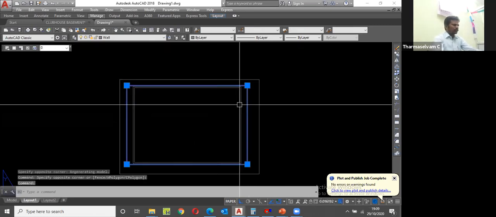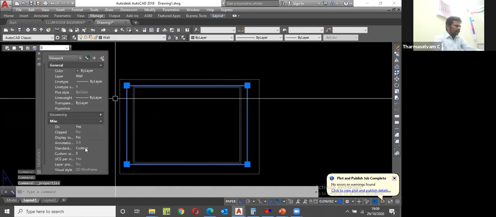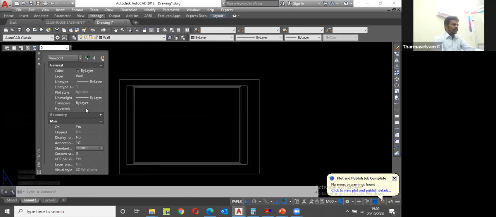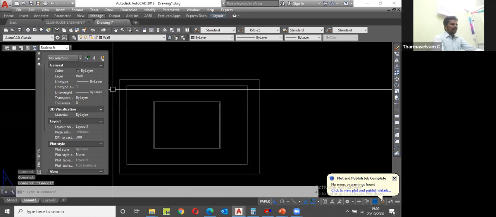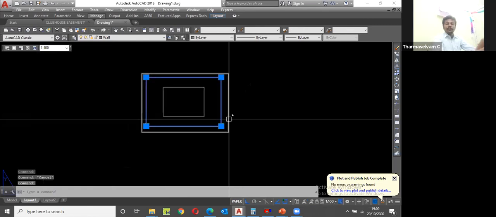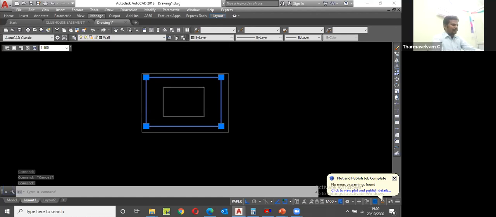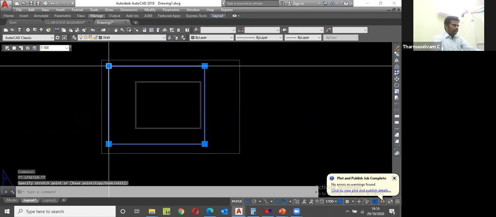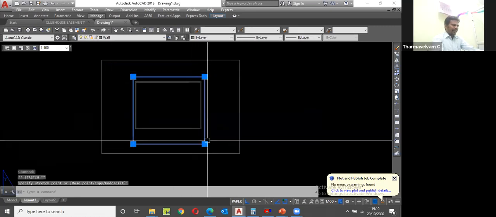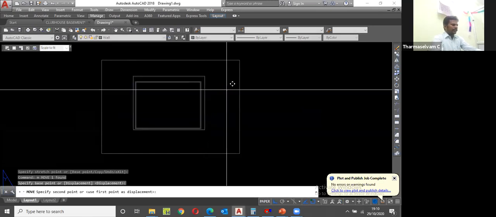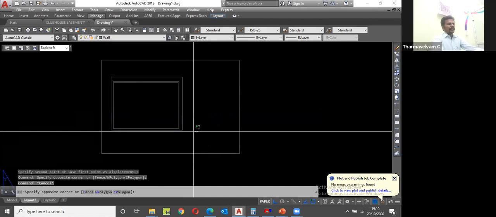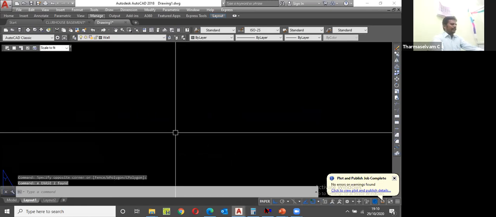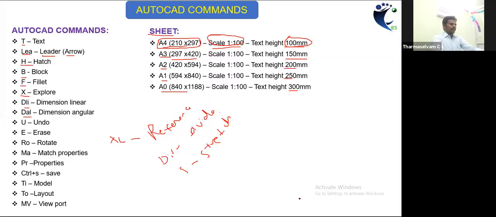I am going to select this one. That scale I am going to change. This is the scale 1:100. Here I am going to change the scale to 1:100. In this, this A3 is also a little bit bigger. Okay, why? Because this is a diagram. If I move to one side, maybe I will get more empty space. That's why I'm going to A4 size, 210 by 297.